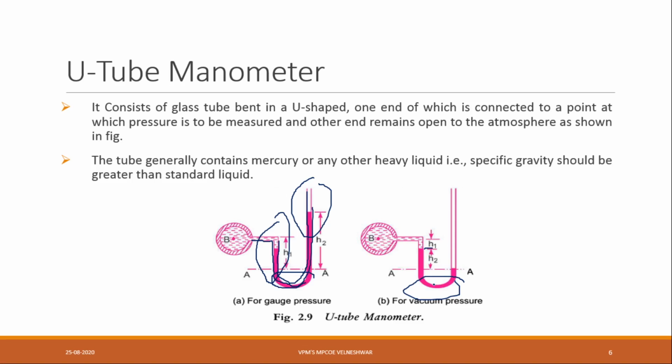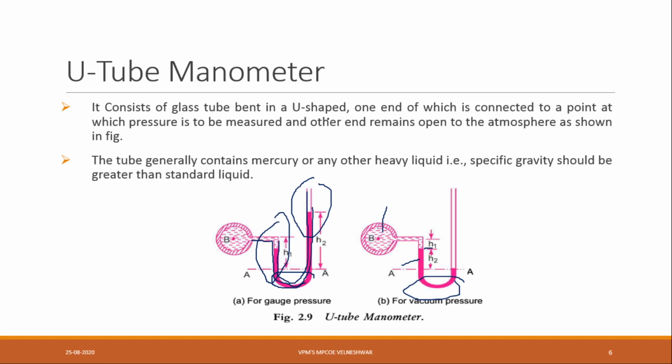Now if you see here, there are also two types of liquid. Here, water is there, and if you see the thickness is somehow larger, this one I am considering as heavy liquid, and this one I am considering as standard liquid, okay. Standard liquid is nothing but water, heavy liquid is nothing but mercury. What is the specific gravity of water? Specific gravity of water is 1. If the value is greater than 1, then we can say it is heavy liquid, okay.